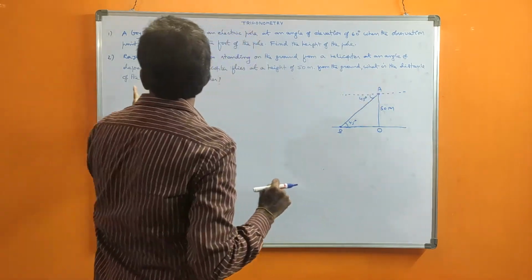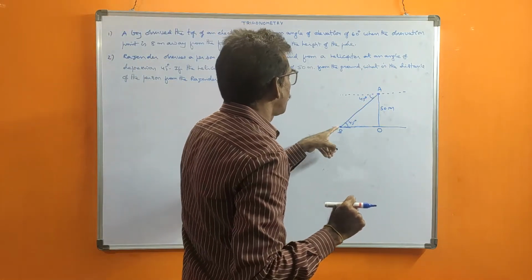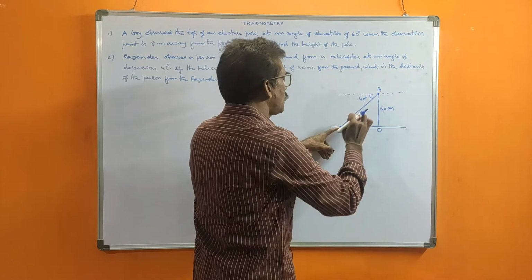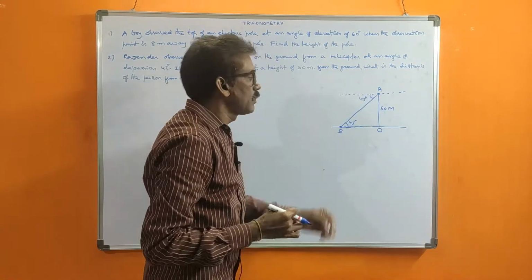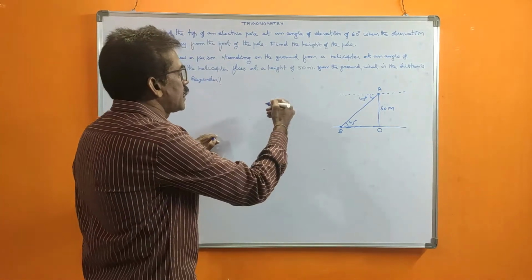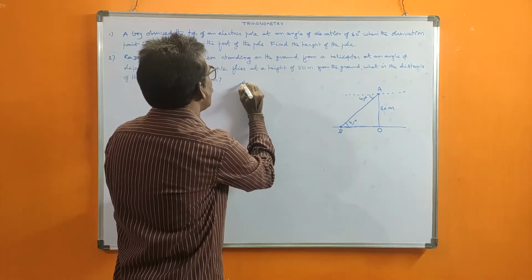What is the distance of the person from the Rajendra? See, Rajendra is observing this boy. So, the distance of the person from the Rajendra, that means AB is being asked. So, like that, first you understand. Then you write, see, A is equal to